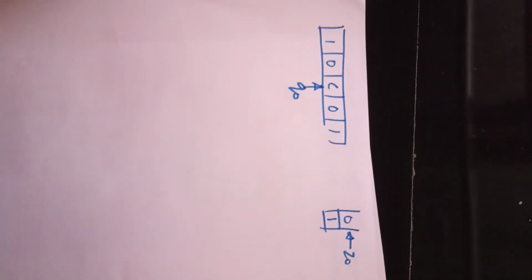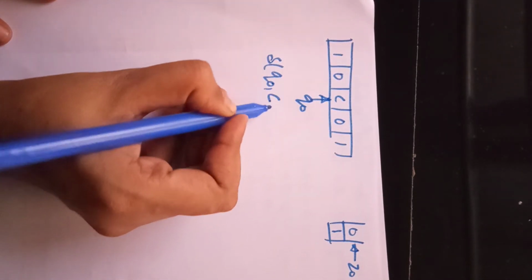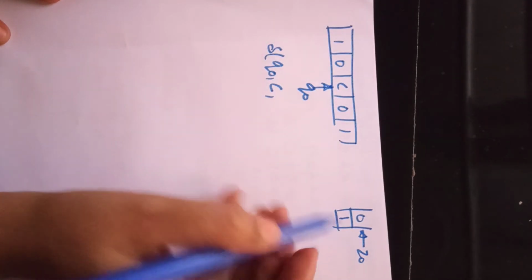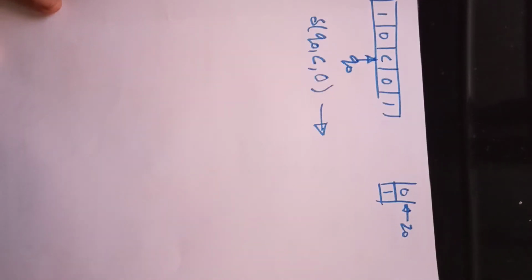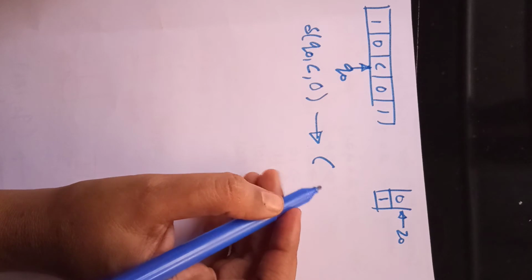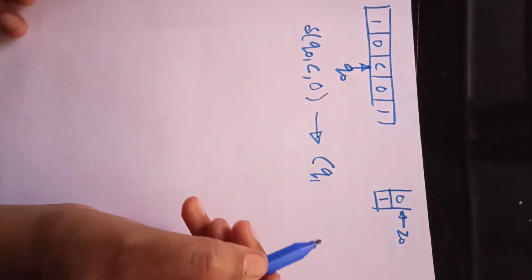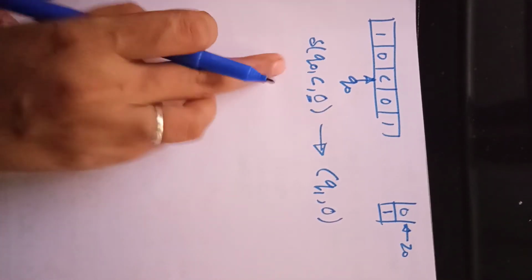Now whatever we can see, we have to write in the notation format. I can see the transition of q0 with the input symbol C on the tape, and the top of the stack is pointing to 0. Whenever we read C, we perform a no operation. How do we write no operation? Very easy. You consider the resultant state, for example q1, and the no operation is whatever is present on the stack, the same symbol we write here. Very simple. So this is the resultant thing.